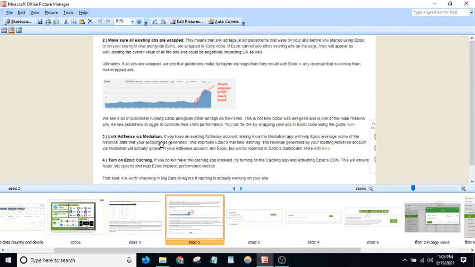They use a safe container tag, I guess, to safeguard against any bad click or any invalid click. I have also done that. So you can wrap your already existing ad codes inside the Ezoic ad code.